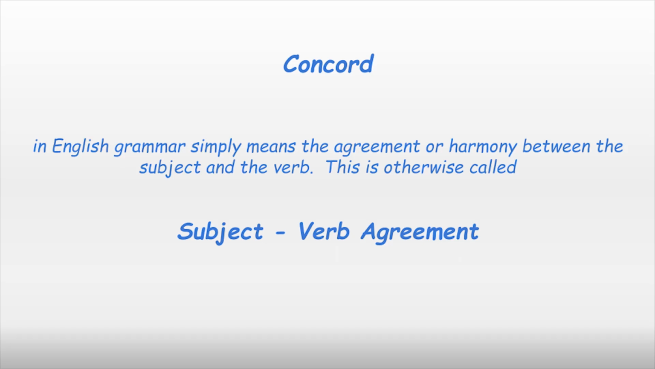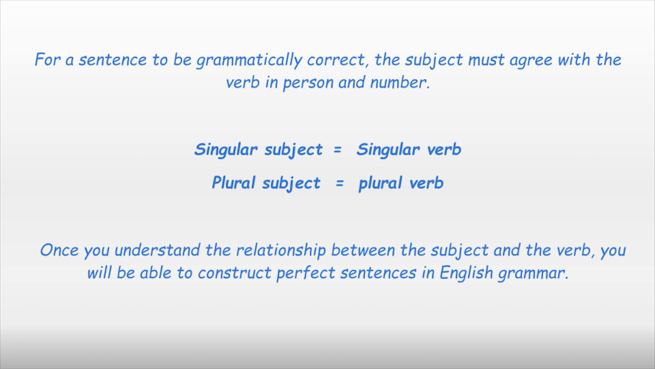Concord in English grammar simply means the agreement or harmony between the subject and the verb. This is otherwise called subject-verb agreement. For a sentence to be grammatically correct, the subject must agree with the verb in person and number. So a singular subject equals a singular verb, and a plural subject equals a plural verb. Once you understand the relationship between the subject and the verb, you will be able to construct perfect sentences in